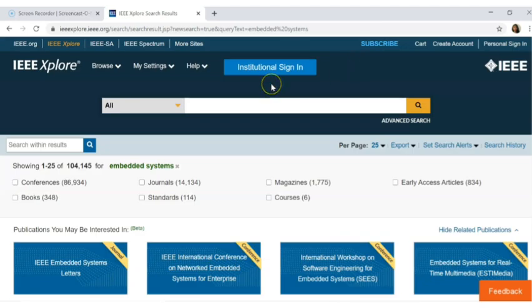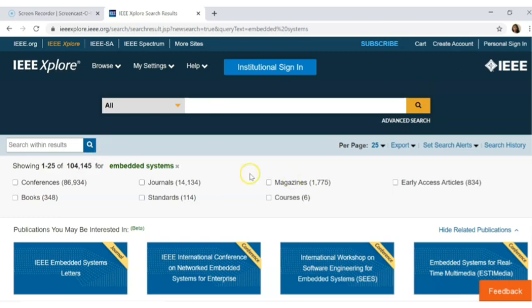Now, before seeing the papers, you can create an account here. You can make the payment and you can make all the papers available. But if you have not signed in, if you have not created an account, if you have not paid to this site, only some papers will be available to you. Otherwise, if you are studying in an institution, the institution will be making an account and making the payment and it will be made available to all the students. So these two scenarios are the same.